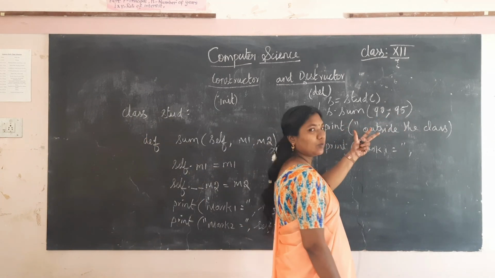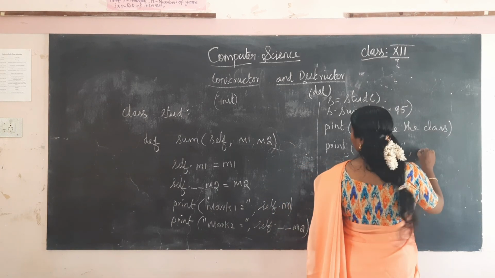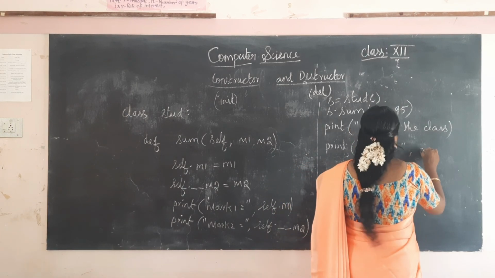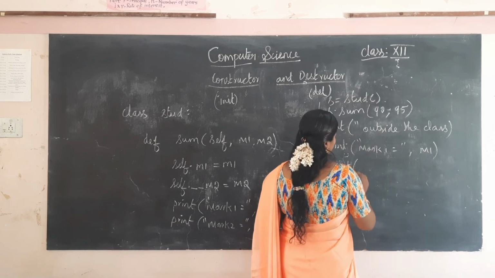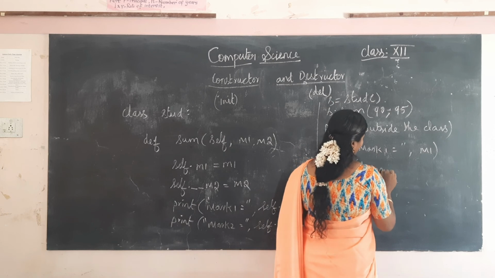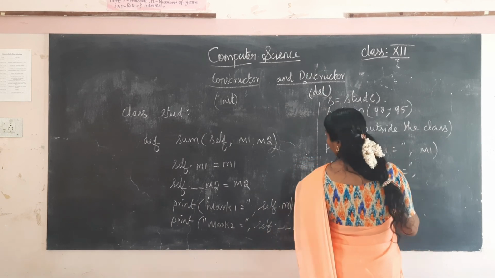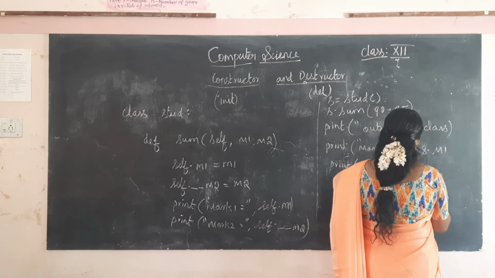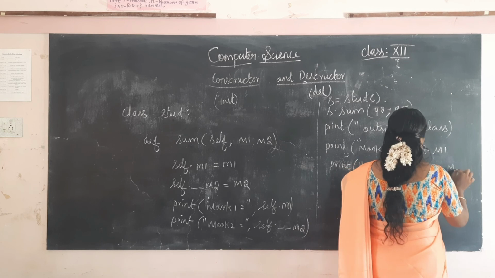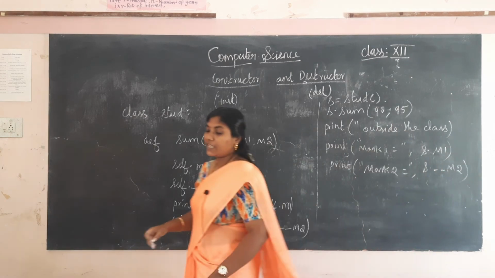Next I am having outside the class. So print mark 1 is equal to m1, and then print mark 2 is equal to m2, that is s dot m1 and s dot double underscore m2. Okay. So let us see what will be the